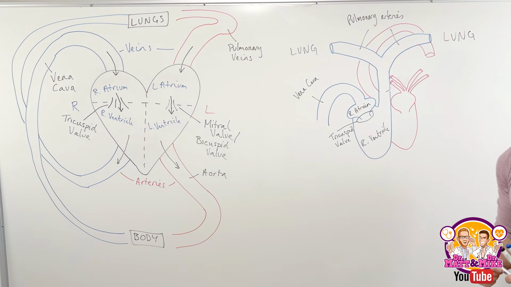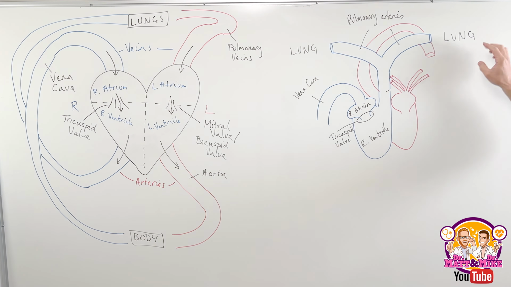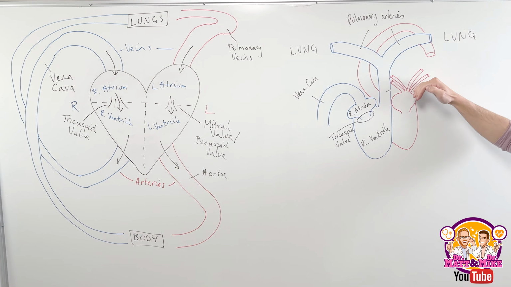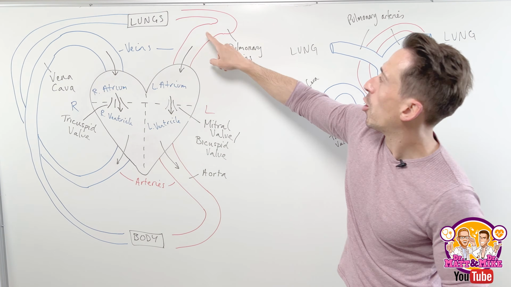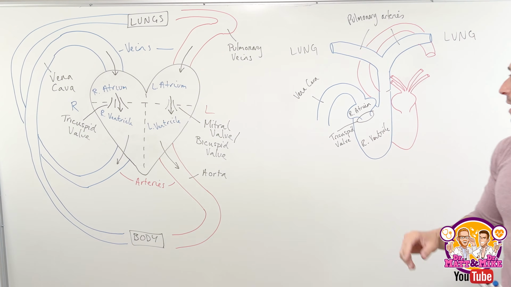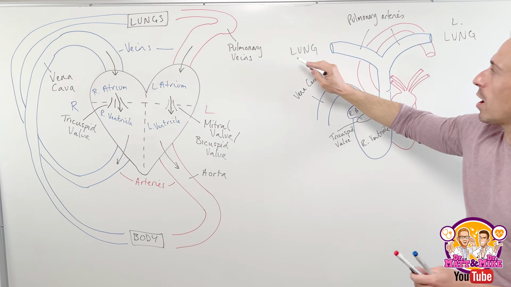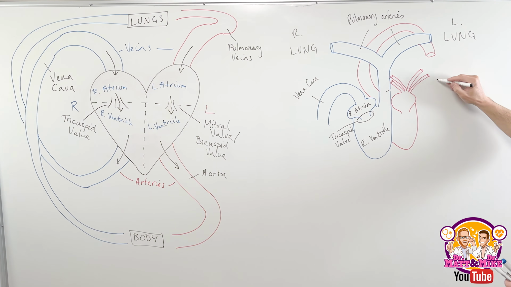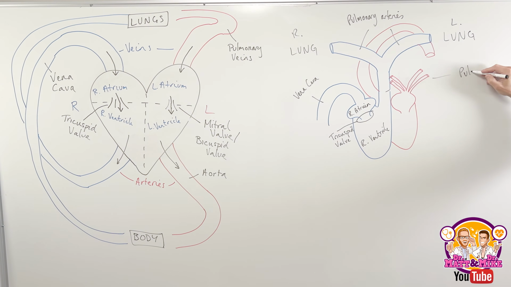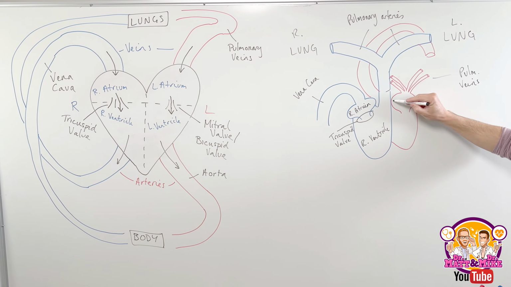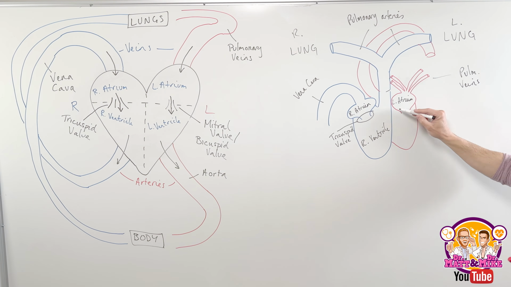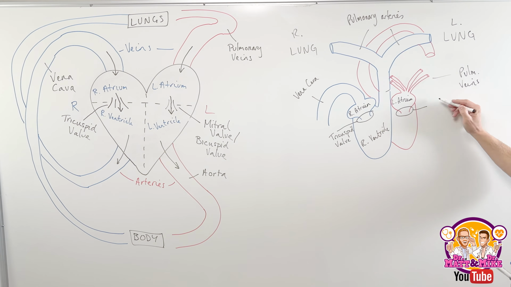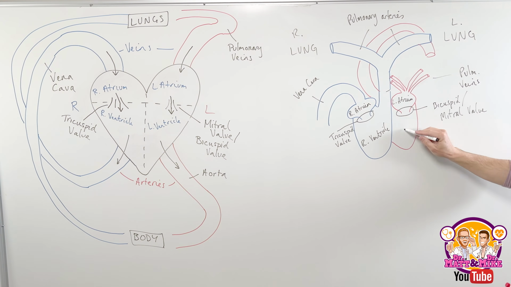So what I've drawn up here is a couple of things. Firstly, remember I said that the blood needs to go from the lungs back to the left-hand side of the heart, and this happens through pulmonary veins, and I said veins plural. There's actually two veins coming back from the left lung and two veins coming back from the right lung. And it goes back, so these are called pulmonary veins. Going into the left atrium, going through the bicuspid or mitral valve, into the left ventricle,